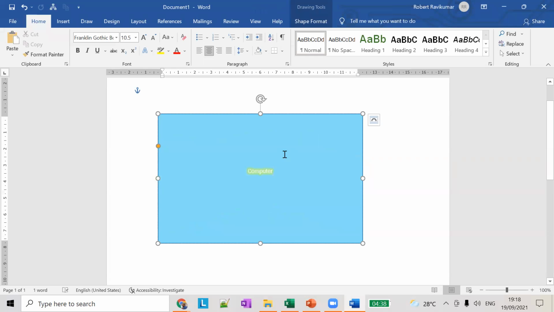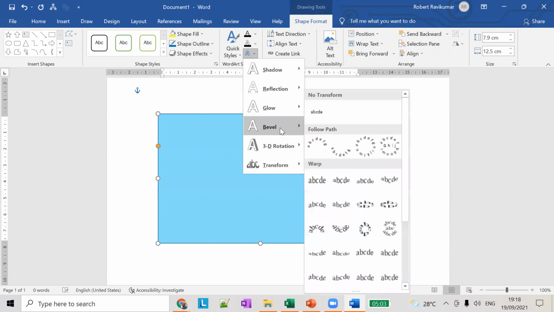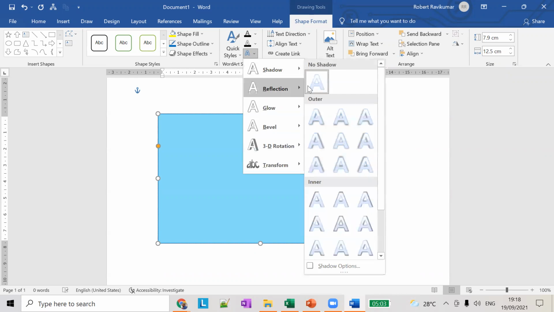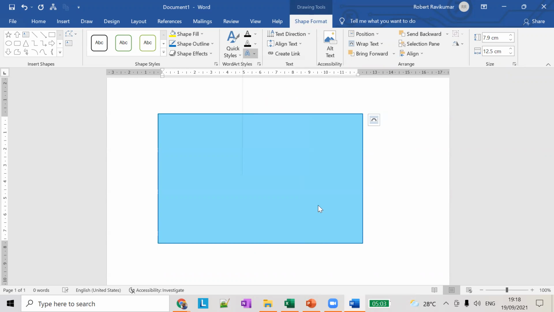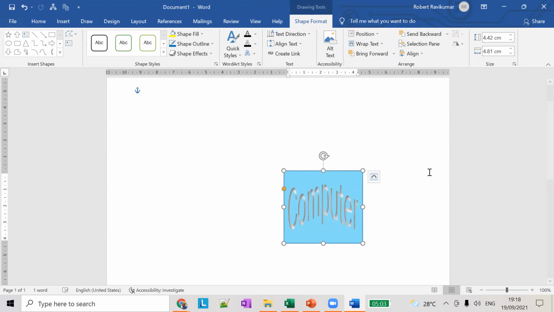What I've done is select the picture and go to the shape format here. Under this, there is something called word art styles. You can see it here. Click on it and add a word. Choose any style, so let's choose this one, and you can type it directly here. You can see the cursor here. Now you can type something, and that's it. When you move out, it will fit to the picture size also.